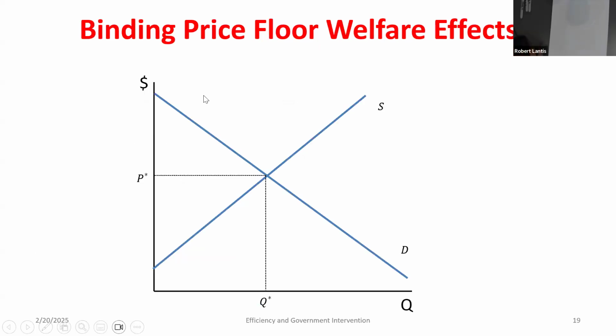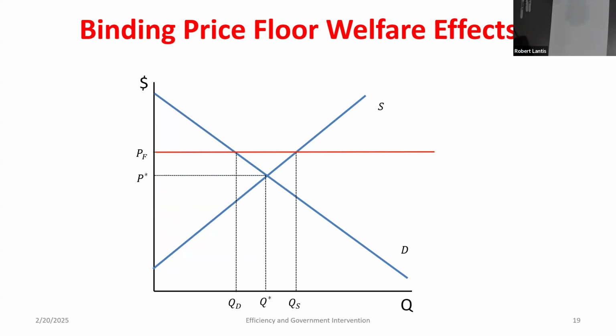So just visually, if I have a market and it's currently in equilibrium, what would consumer and producer surplus be? The non-technical way of remembering this is consumer surplus is always the triangle on top, and producer surplus is the triangle on the bottom. So A, B, and E is consumer surplus. C, F, and D would be producers. If I impose a price floor and say, look, you can't charge a price any lower than this, well, the current equilibrium was lower, so things are going to change.